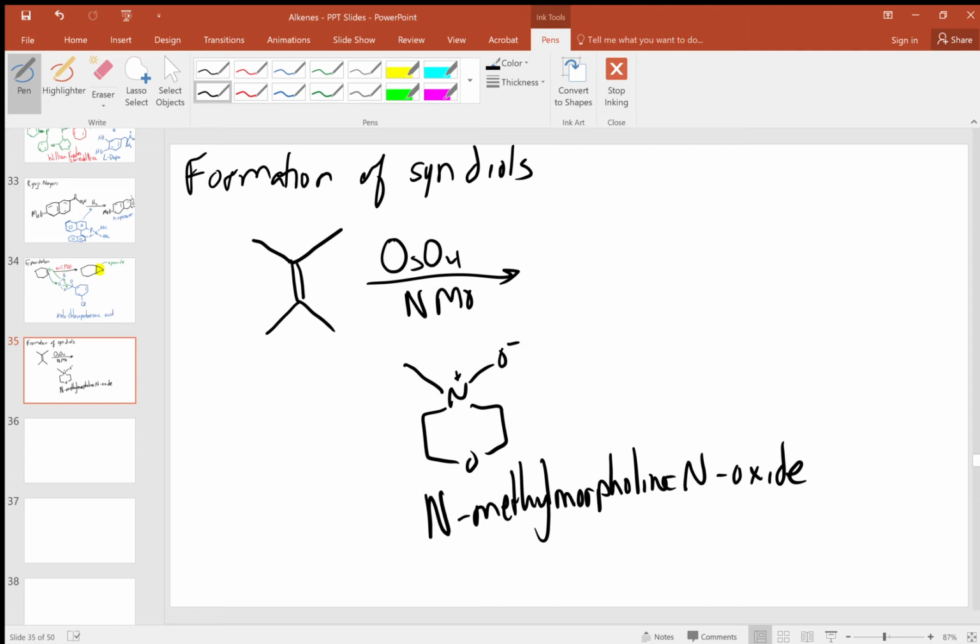NMO doesn't ever react with the alkene. Instead, what happens is after the osmium reacts, you get an osmium byproduct that's no longer reactive. And so the NMO reoxidizes the reduced osmium byproduct so it can react with an alkene again. And the reason that you need to do that is osmium tetroxide costs about $100 a gram. But this reaction